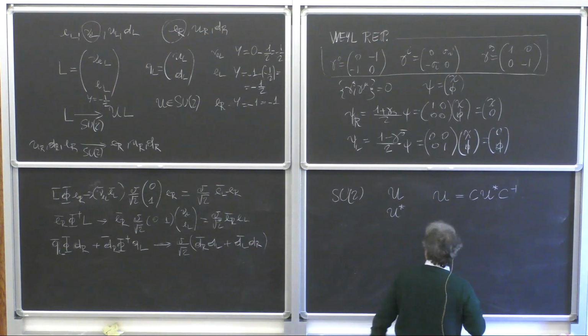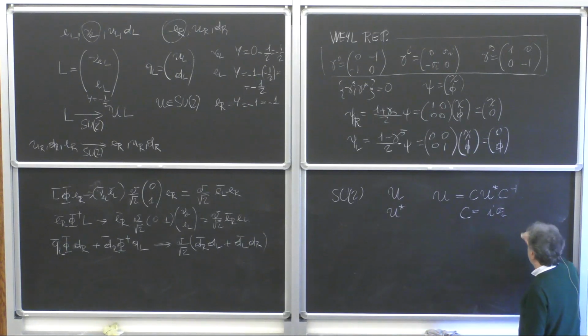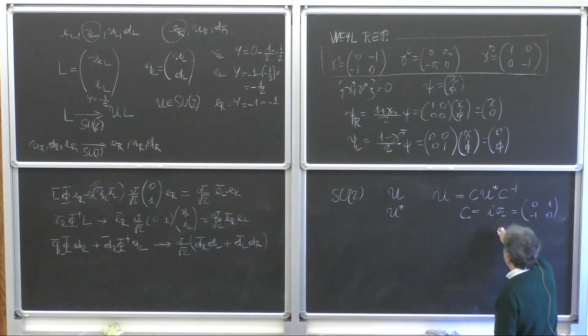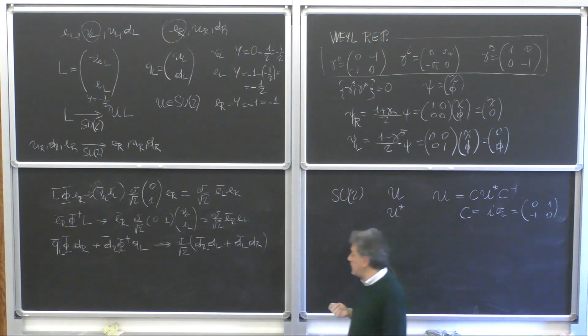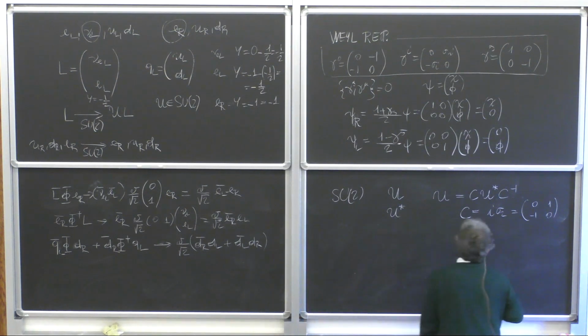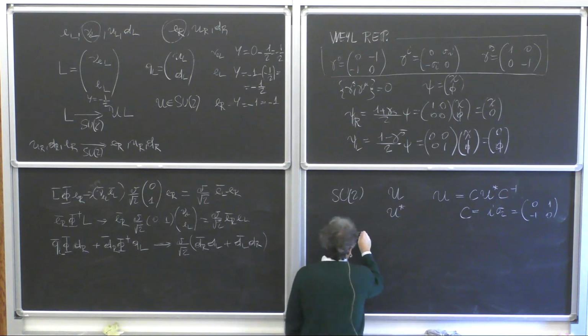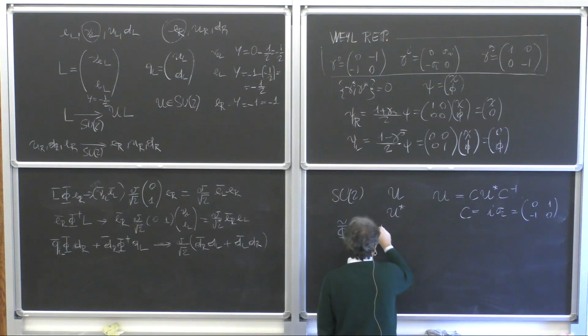Thanks to this property, by the way, this matrix is i sigma 2. Because sigma 2 has a minus i, this is the Levi-Civita symbol in two dimensions, epsilon ij. And we can consider something that is related to the Higgs field. We call it phi tilde, that is C phi star,